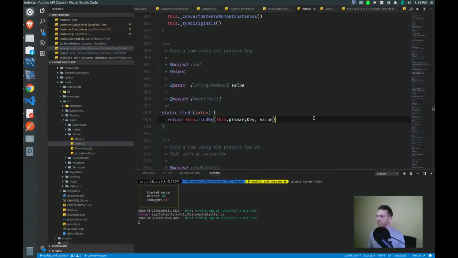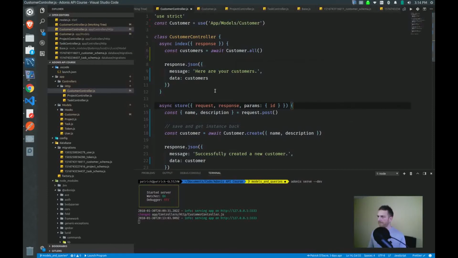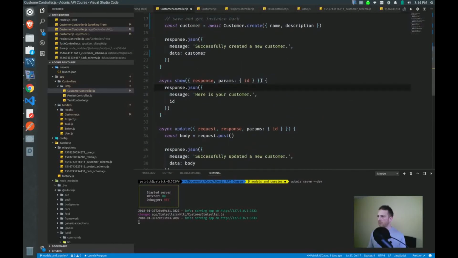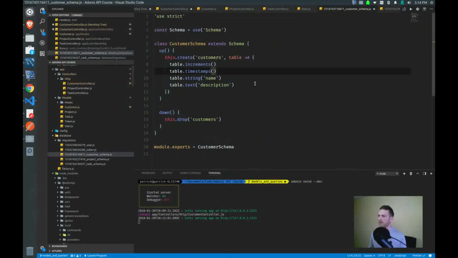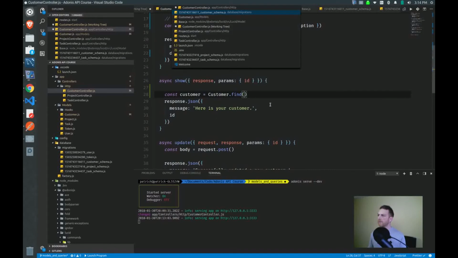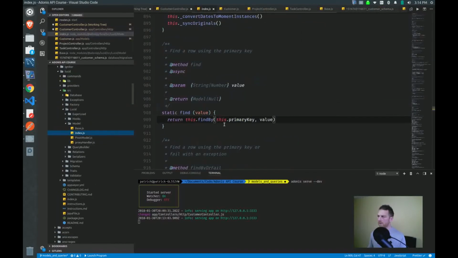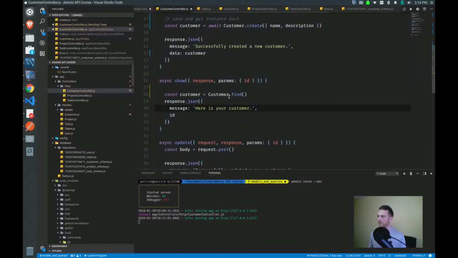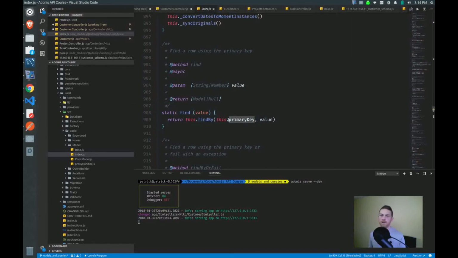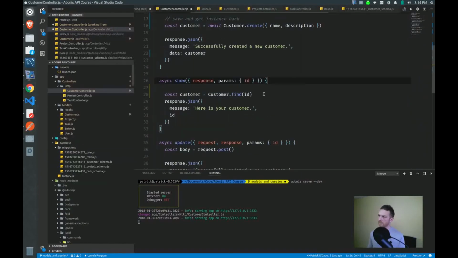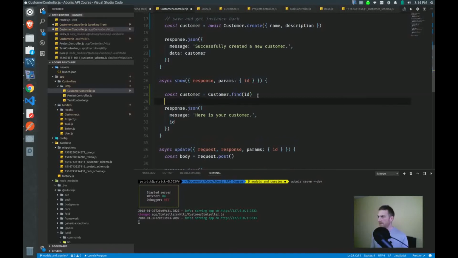So we'll go back to our controller there. That's what I want. We'll go down to show, and we have our ID. We pulled it out before. So let's say const customer equals customer dot find. Remember, we have the find method here, and this is on our model, which is customer, and we simply pass in the ID. That's the primary key that we need to pass in. So we pass in our ID, and assuming we find our customer,